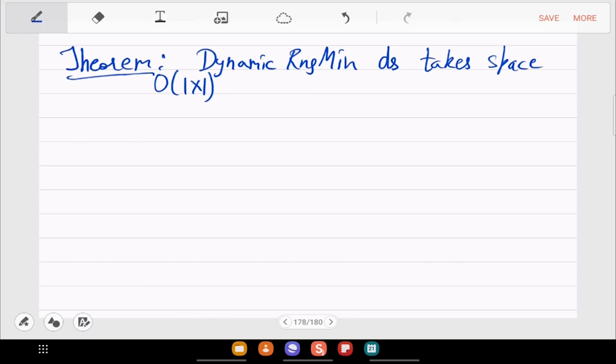So it takes space this much, and queries take log of that time. Okay, so this is a much better quality solution than what we had seen before in the first month, right? But it needs a lot of advanced methods in designing and analyzing this data structure. Any questions? Okay, no questions, then I guess we can stop.